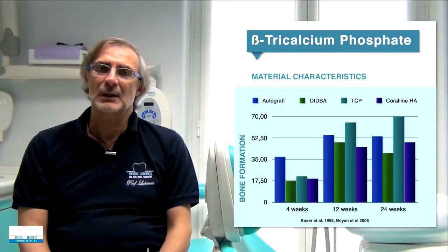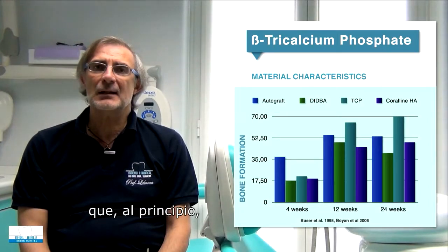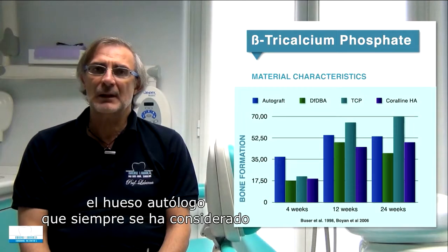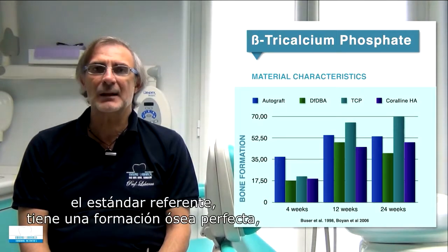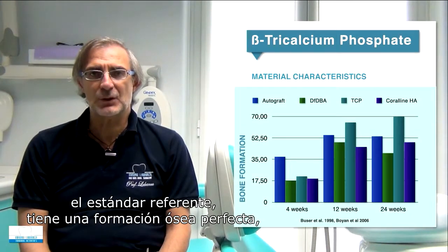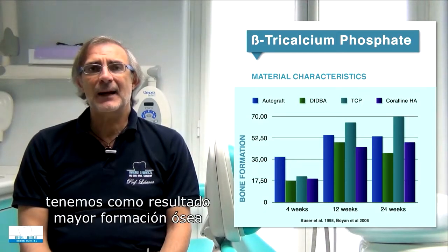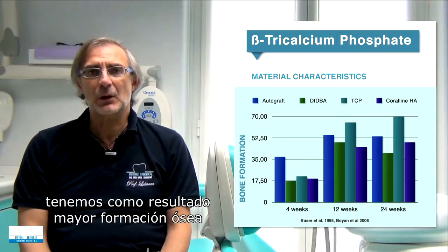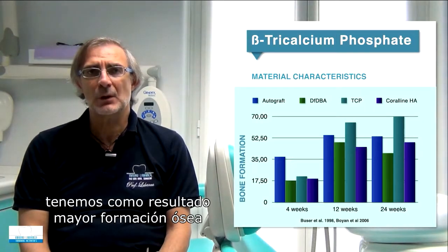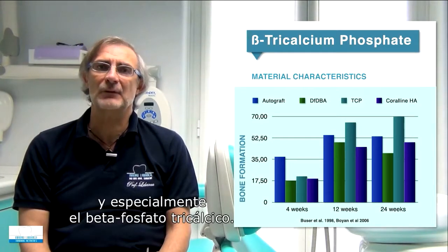bone formation. Because in this study what we can clearly see is that at the beginning the autogenous bone, which has always been considered the gold standard, a perfect bone formation, but after a certain period of time the final result is, because of the resorption, that we have more bone formation when alloplastic material, and especially beta-tricalcium phosphate,